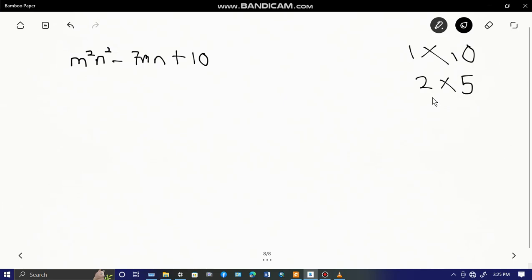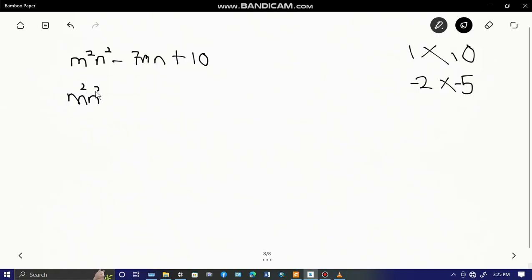2 plus 5 is 7, but the 7 we want is negative, so both of these numbers have to be negative. Now we have negative 2 and negative 5. If you check on your calculator, negative 2 times negative 5 gives positive 10, and negative 2 plus negative 5 gives negative 7. Now you can separate the middle term